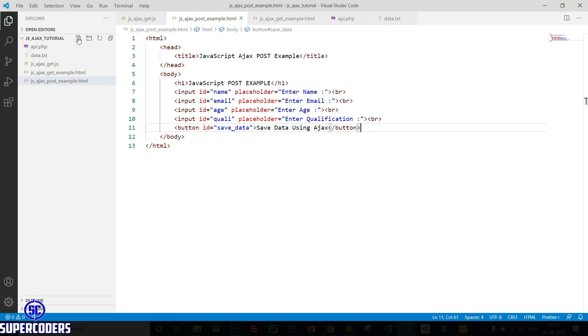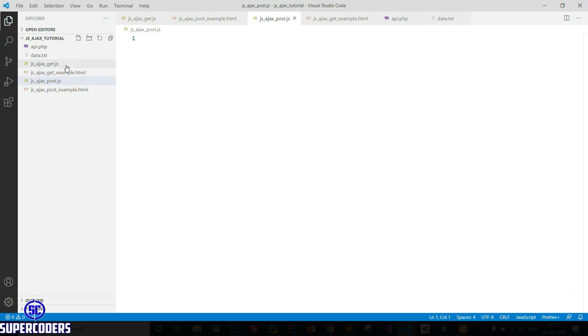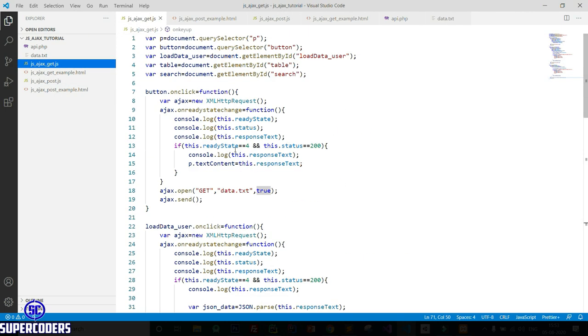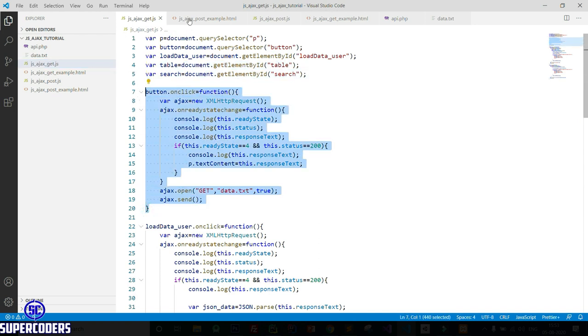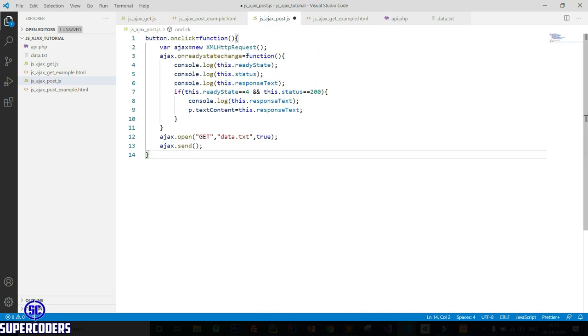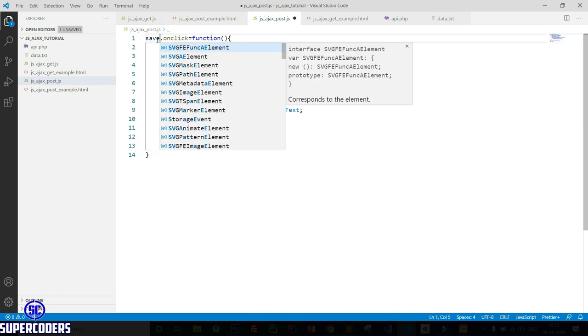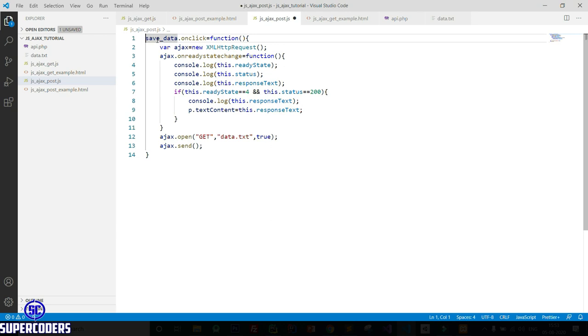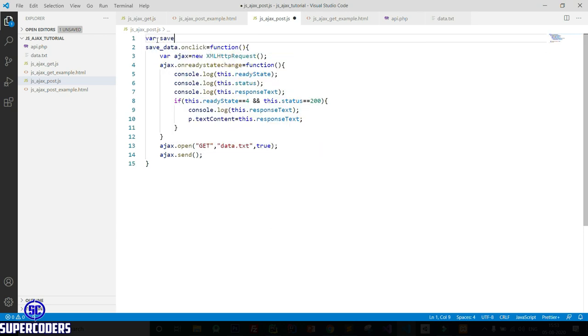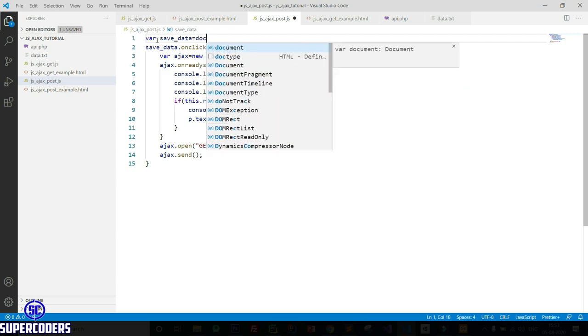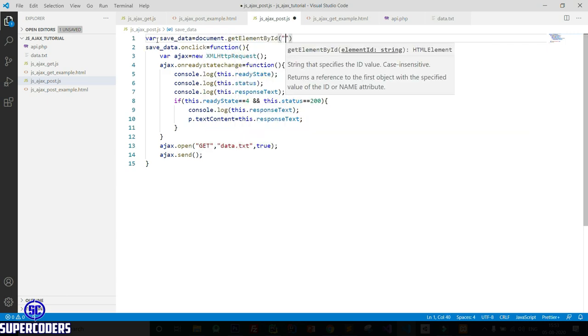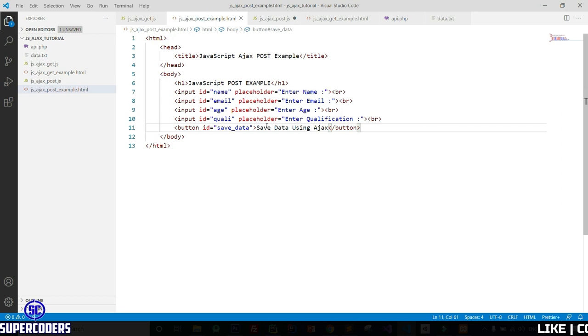Now let's move to our JS code. So first creating a JS file, JS Ajax post.js. For this just copying the code of previous, which is simple, this button code, paste here and change it to save data, where save data equal to document.getElementById, and here id is save data.